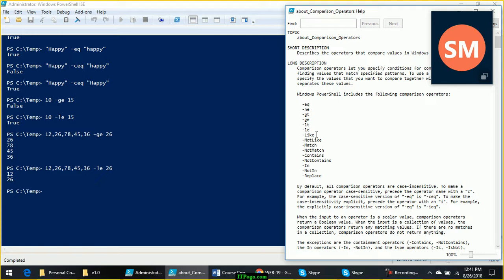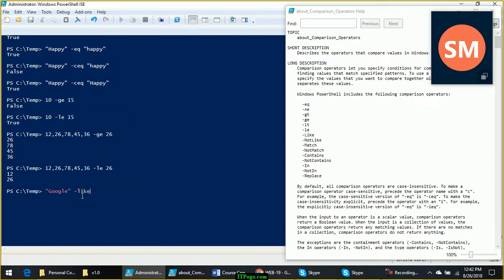Then comes like. These are all self-explanatory: equal to, not equal to, greater than or equal to, less than or equal to. Like is used for wildcard search.